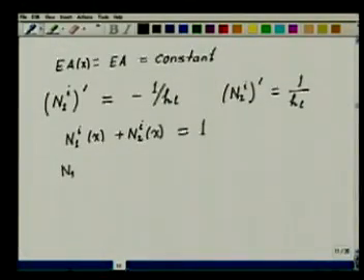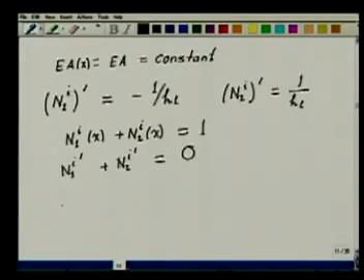And if you look at this expression, n1i prime plus n2i prime is equal to 0. So in a way this is a check for what you are computing. If your n1i plus n2i comes out to be non-zero, you know there is a problem in whatever you have done. Similarly, if n1i plus n2i is not equal to 1, then there is a problem. If n1i prime plus n2i prime is not equal to 0, then there is a problem. So these are some small checks that we can incorporate in whatever we do.